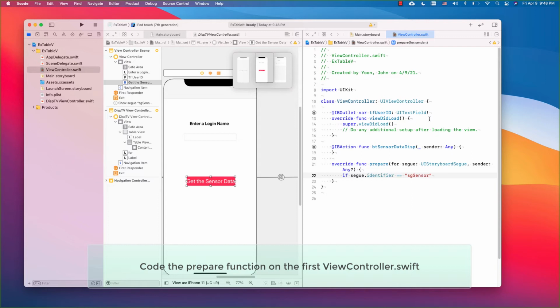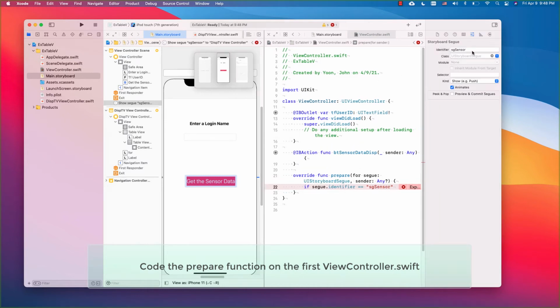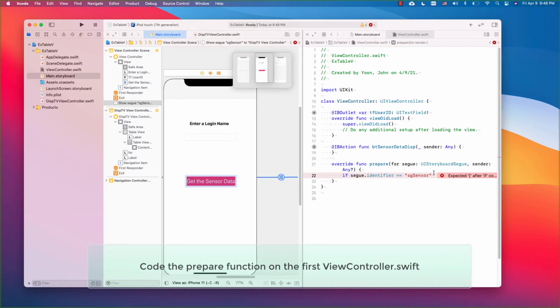I believe we said that here. Click this segue, see if that is. There's an SG sensor. That's what we had here, right? So that's perfectly fine. If it is the case,